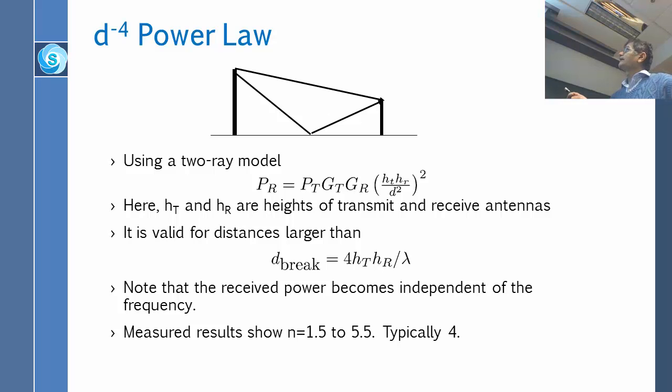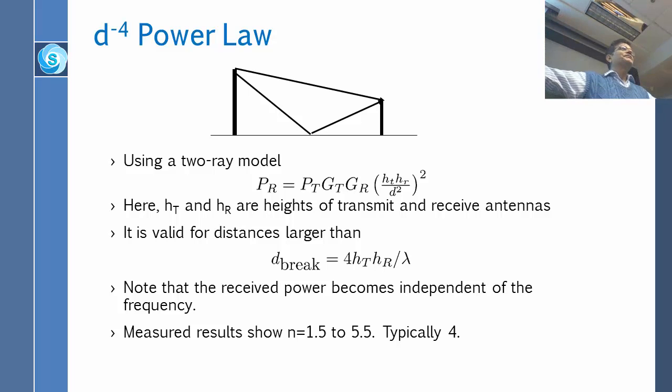this formula is valid for distances larger than this value. So it is not a valid formula if the transmitter and receiver are very close. Okay? If they are far away, and how far away? Farther than this, 4 HT HR upon lambda. Before that, actually, the previous formula was applying, which we had before, where we had clearly the lambda, but after a certain distance,